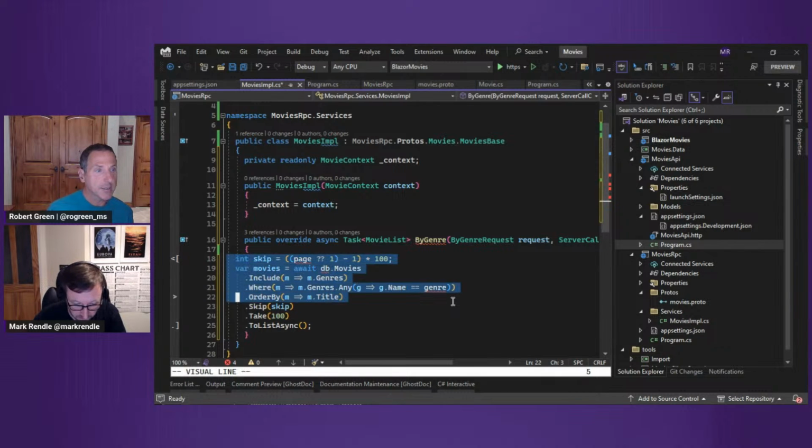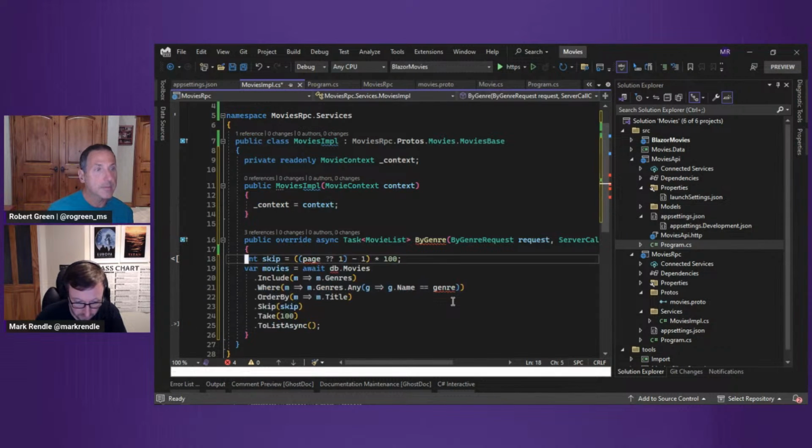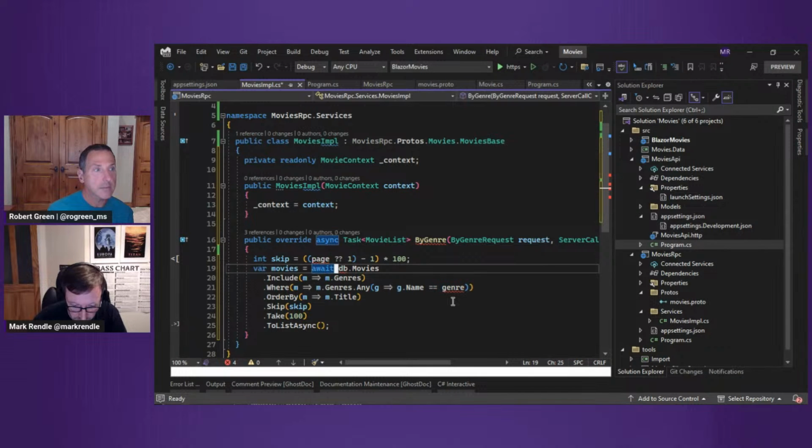Yeah, so I can bring that across here. And I can change this to _context. And we need to pull in Entity Framework Core to get that Include thing there. And then we just have our request